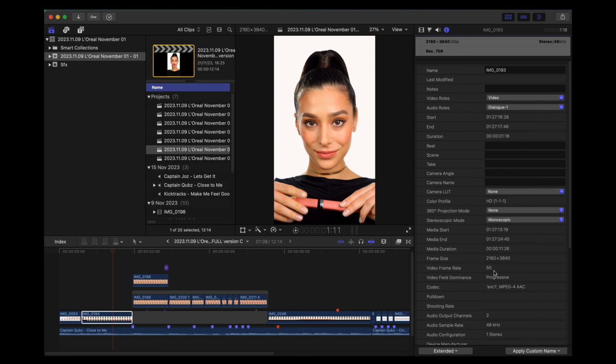Here you can see frame rate. This is important. This is something that I want to speak a bit about, because you can record in different frames. This is something we can go deeper into in other videos that I'm going to do. I will explain what frame rate is and all the other technical things about cameras, but maybe